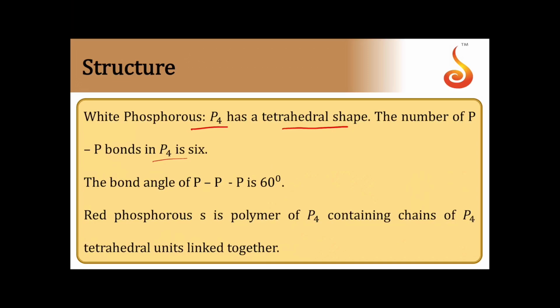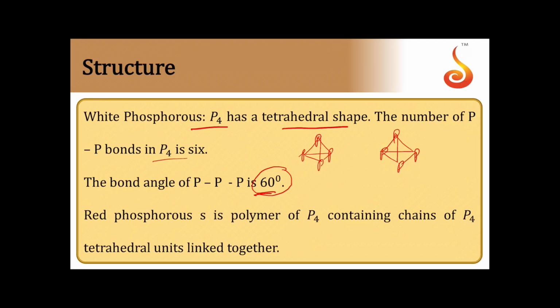There are four atoms in each unit, and all of them are individual discrete units with a bond angle of 60 degrees. Because of this bond angle of 60 degrees, the molecule has bond angle strain